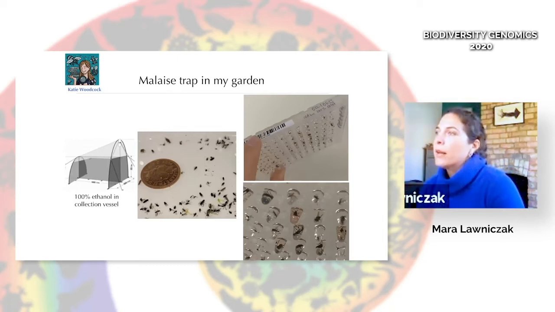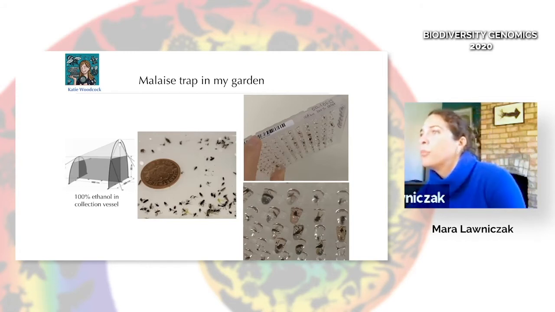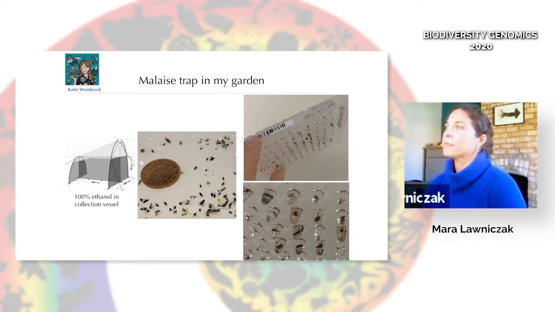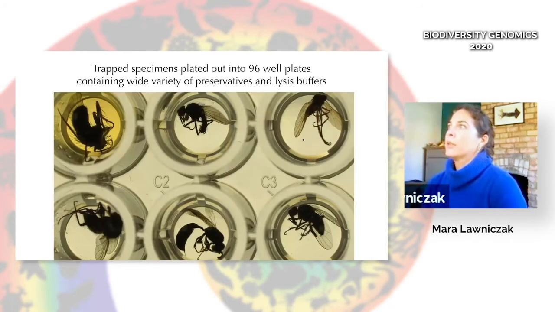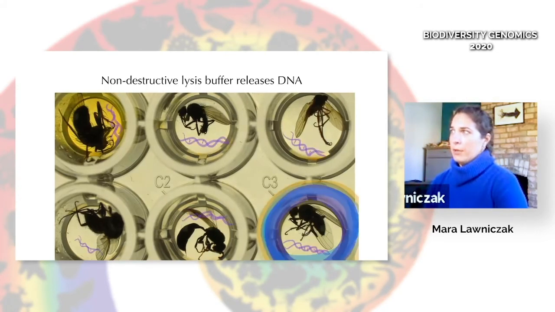UK, and this is just a small set of insects that would come out of this Malaise trap set up in my garden. What we've been doing for the last year is plating these specimens individually into wells with a lot of different lysis buffers to test what might be giving us the best DNA. So here's a close-up of samples trapped from my garden, and we release the DNA into this,